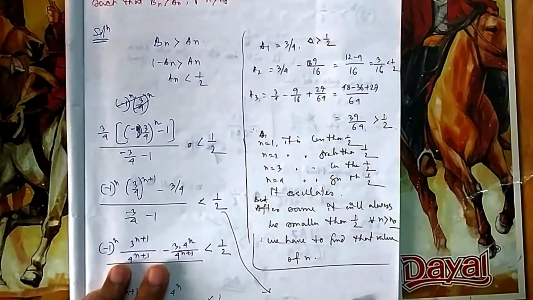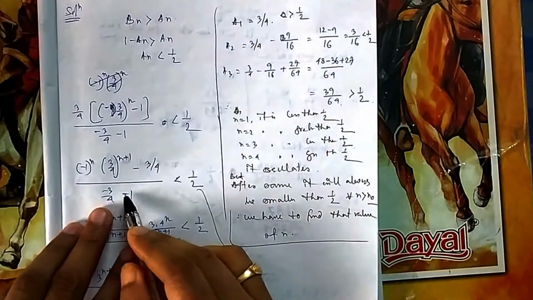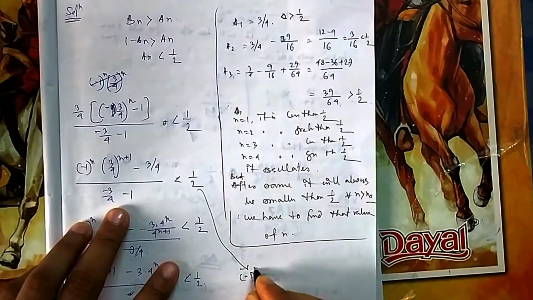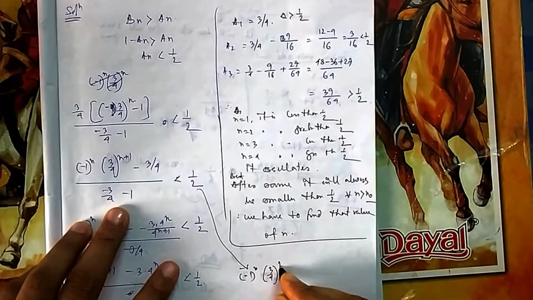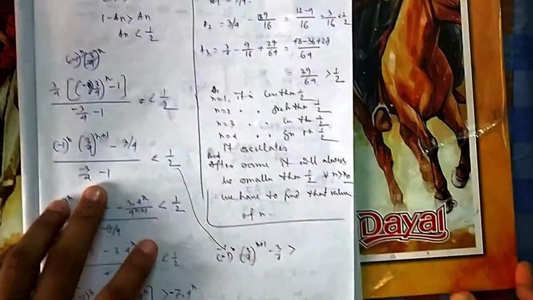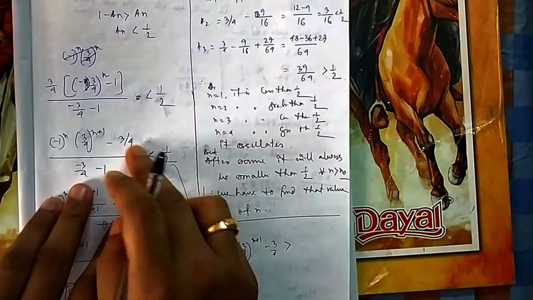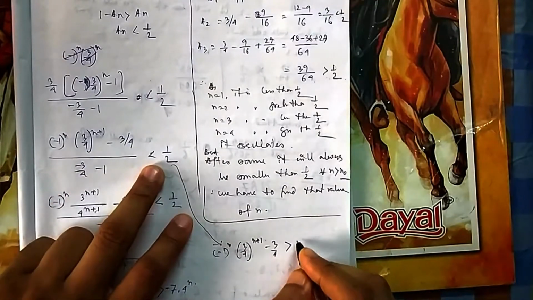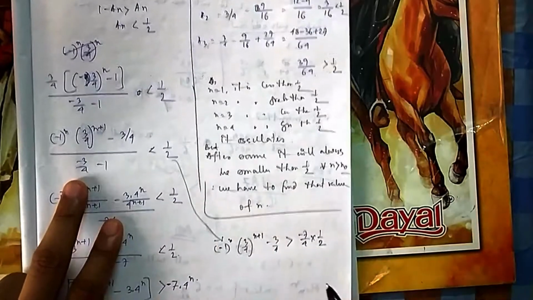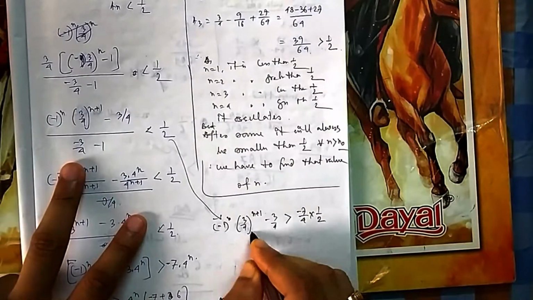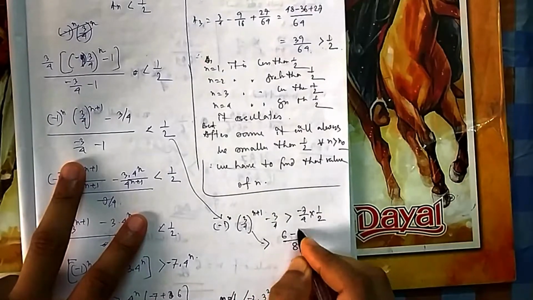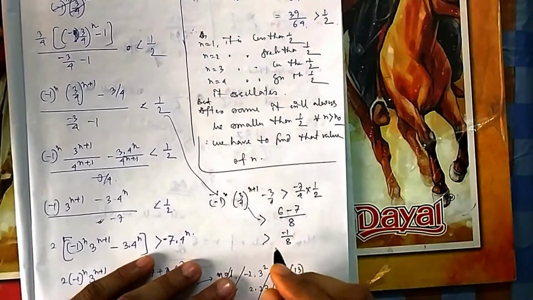Then everything you can do in this way. You can directly come from here. So how much is it? It will be minus 7 by 4. If you are multiplying by a minus, you have to be careful, your sign will change. So 3 by 4 to the power n plus 1 and then minus 3 by 4 will be greater than, now it was smaller than, now it is greater than, because you are multiplying both sides by minus 7 by 4. So that is minus 7 by 4 into half. Now if you add 3 by 4 to this side, this should be greater than, if you take LCM it will be 8, then it is 6 minus 7, so it will be minus 1 by 8 now.